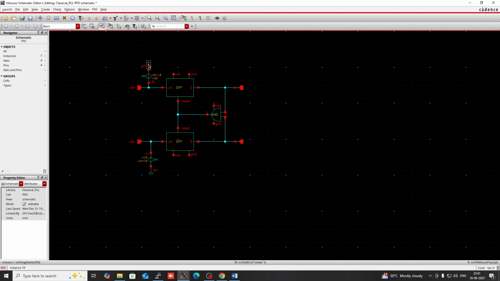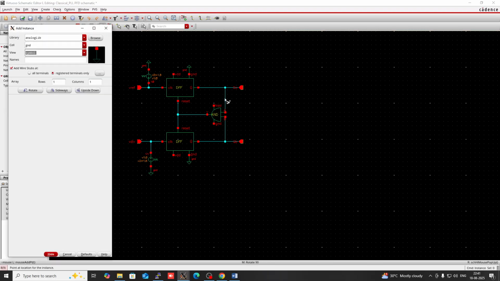Okay, actually I want this ground here also, so copy this, use here, then again copy this, press R and use it here. Okay, now I have to use the VDC also, so press I, then in analog library go to